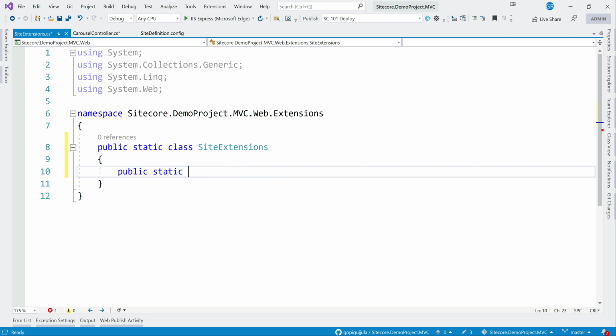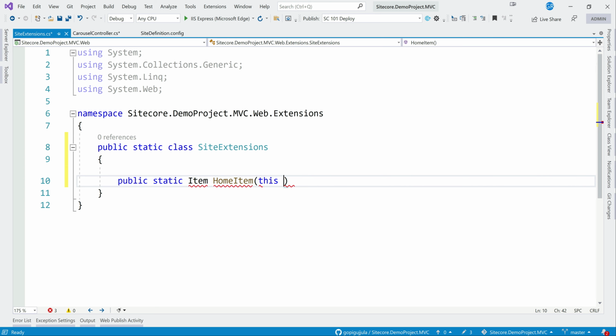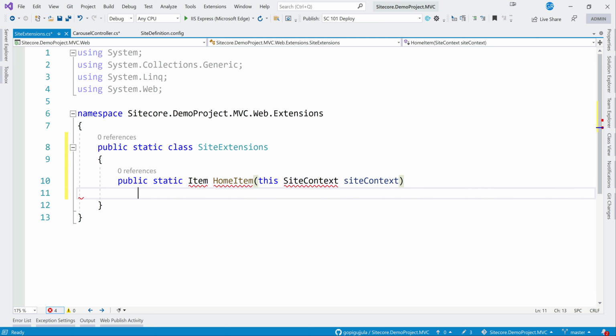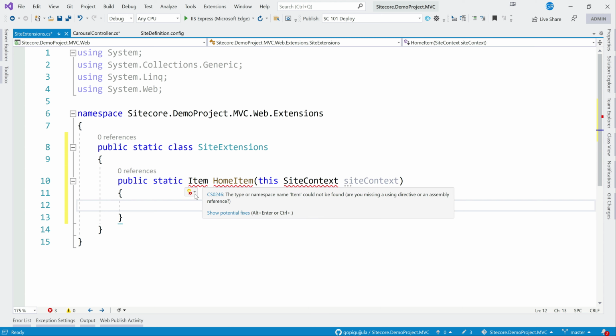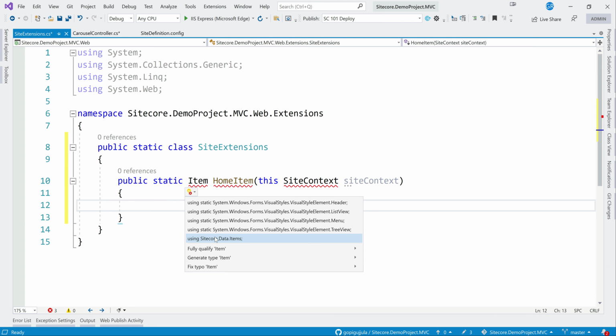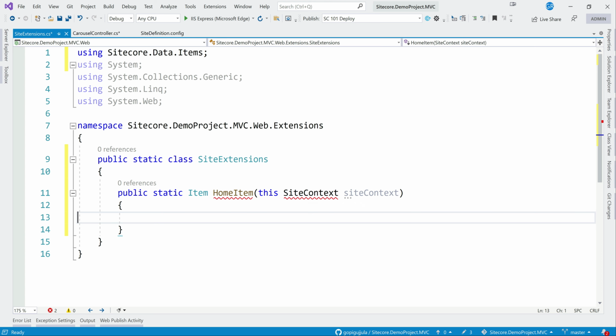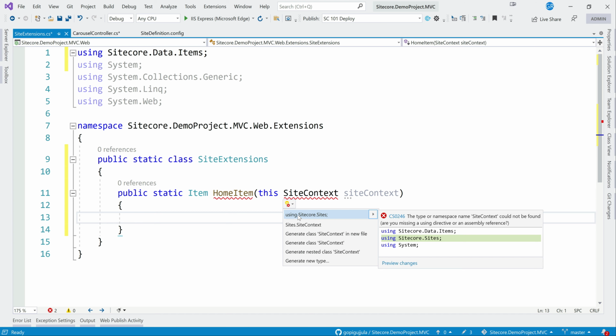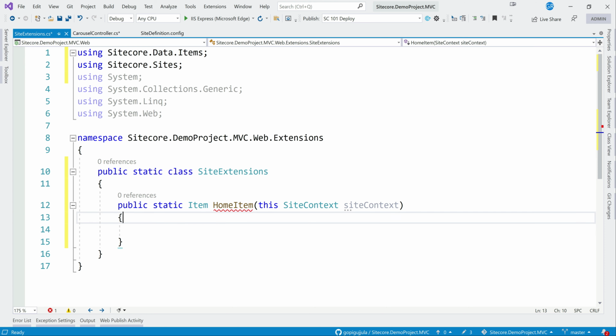Public static, as we need an extension method, so this would be the site context. Let me resolve these namespaces, Data.Items, and this would be from Sitecore.Sites.